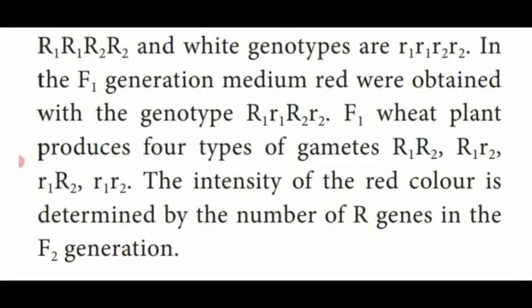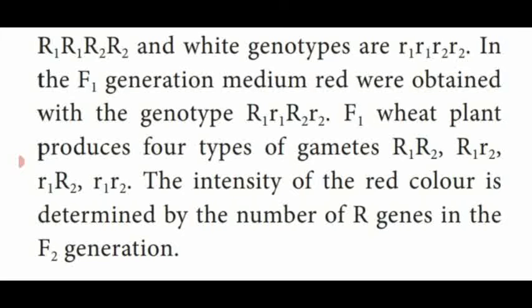is crossed with the same red color kernel. We are getting 4 types of gametes. One is capital R1 R2, capital R1 small r2, small r1 capital R2, and small r1 small r2. So, the red color of the